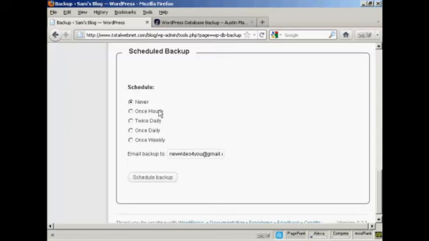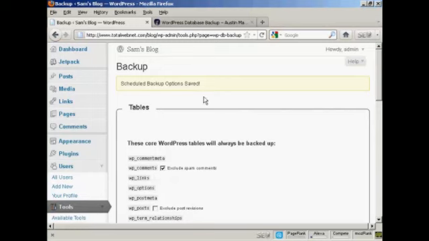You can schedule when you want it, either never or hourly, which I think would probably be a bit excessive, or twice daily. For most people, I would think the two options that you'd want to choose will either be once daily or once weekly. And again, you choose your particular email address. Let's say I want to have it done every week. Click here on Schedule Backup. And there you go. The schedule backup options are saved. One thing I would do if you